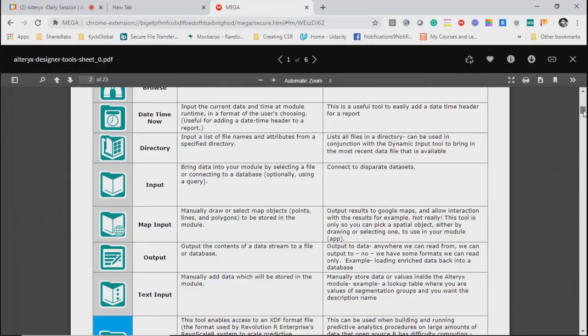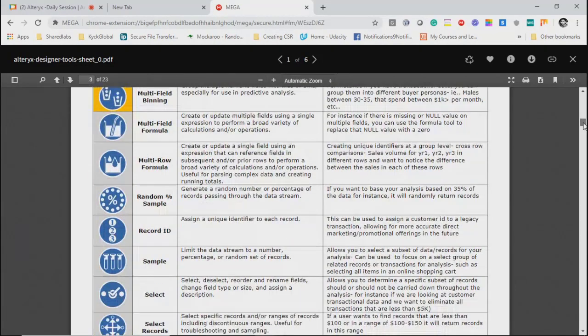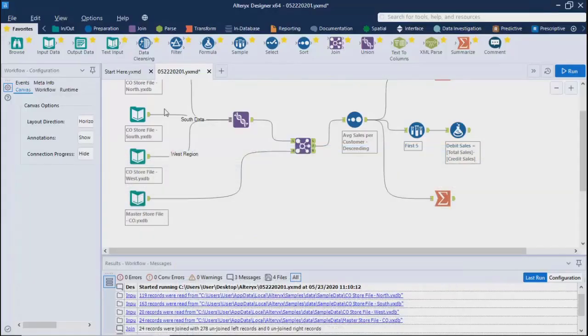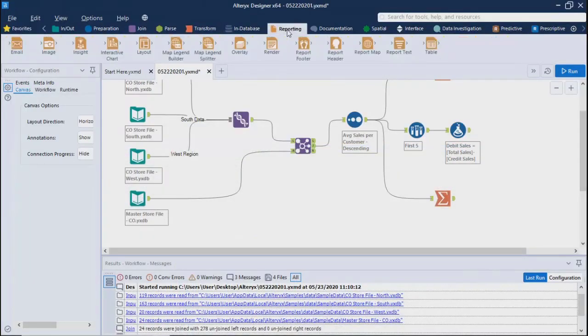It is the complete list. It is possible that for some cases or some tools you might not get them in the current Alteryx version. For example, if you follow some videos or some content online, you will have one tool under reporting called charting. But that tool has been deprecated now. You cannot get it in Alteryx.